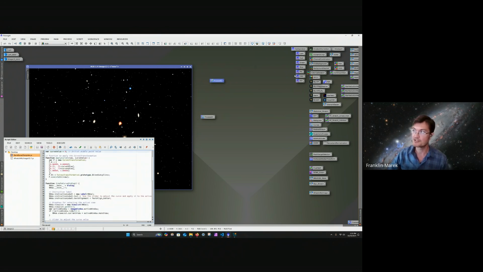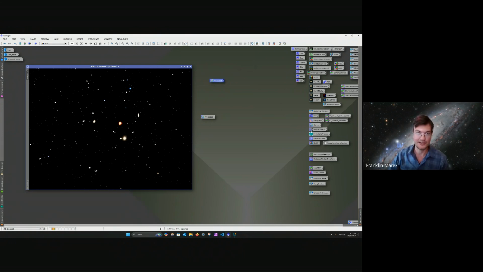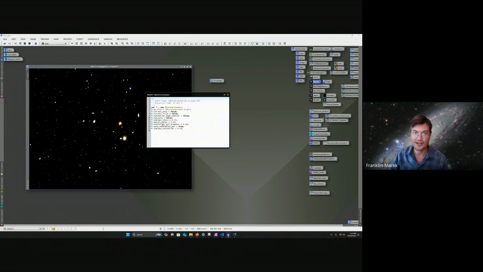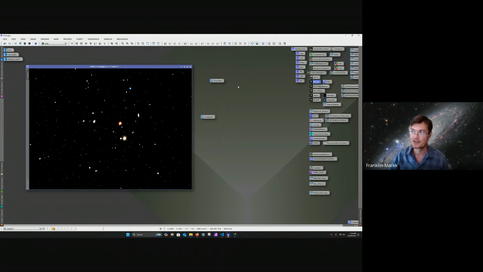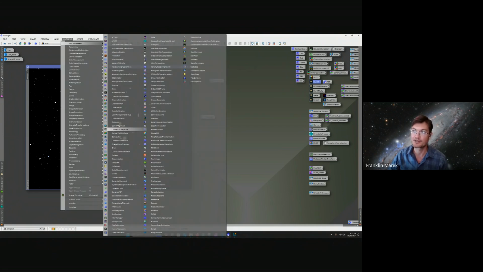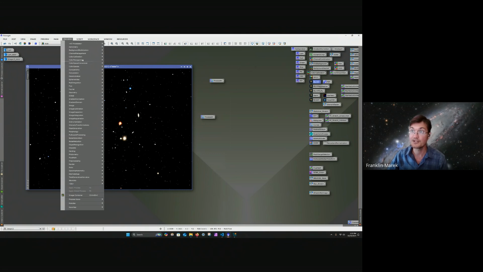So that's really where the power of all these process icons that you have on your desktop come into play, because it has the code for what you did in there that you can use in these scripts. I mean, even things like you want to run BlurXTerminator as a process in your script, right? Here's all the stuff to run it as a process. So you're not limited to just these other ones. Literally anything in the whole process icon arena is viable to use in your scripts, including